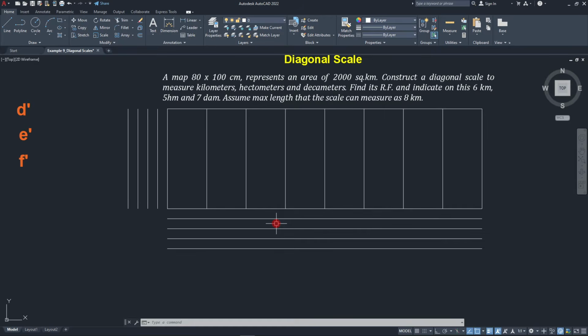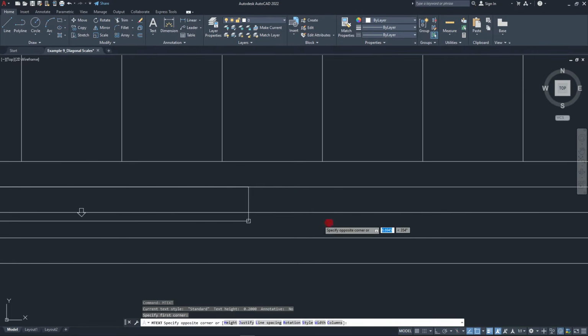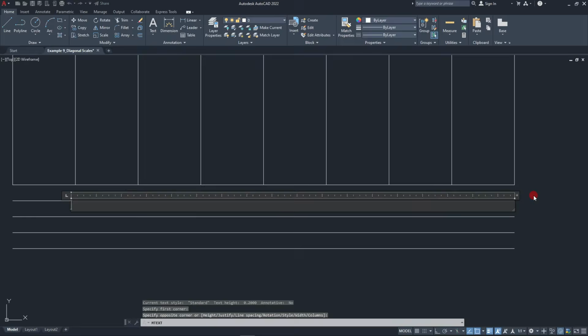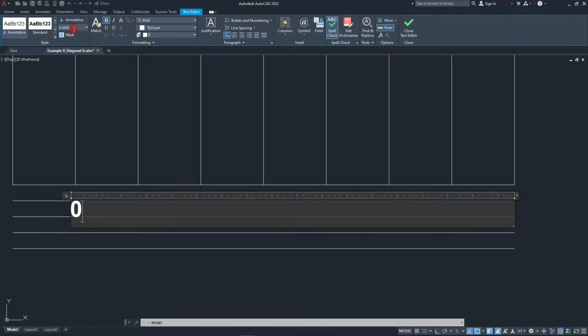So by the way, m text, enter. Let's start from over here, and okay, right, let's say this is 0.5. The spacing between the lines is the height of the character. So this is going to be equal to 0. 1 should fall exactly below this line. 1,